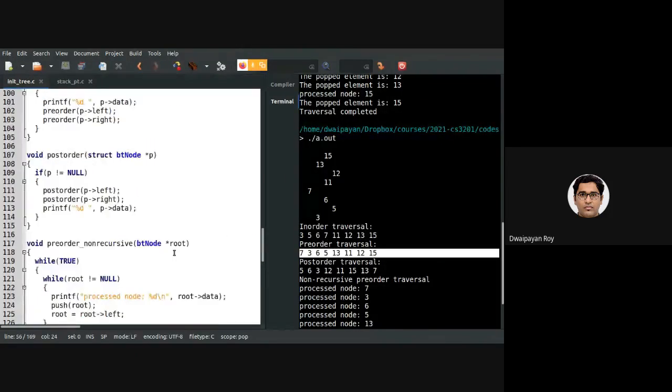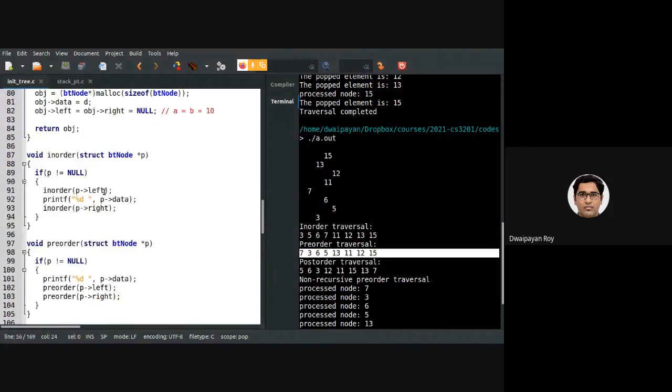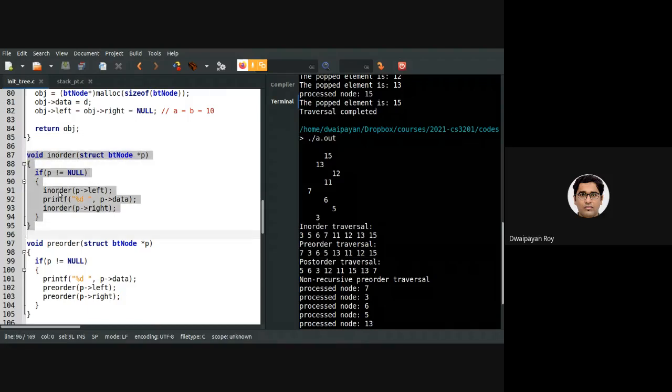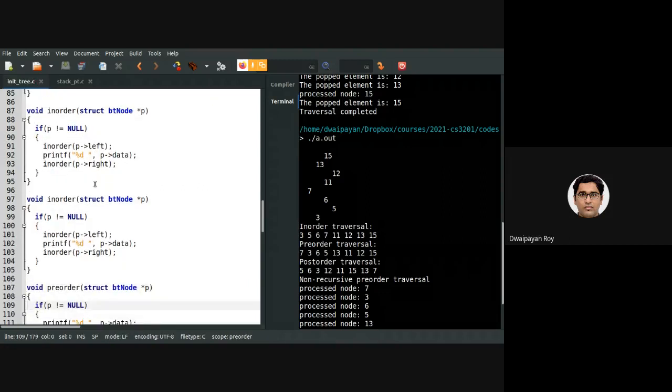If I look at the in-order traversal and want to change it, first I'll be going to the right. Let's just quickly write this as well. I'm running a little bit late. Right, and then this will be left.